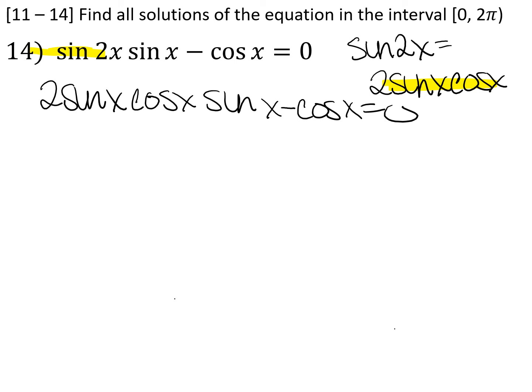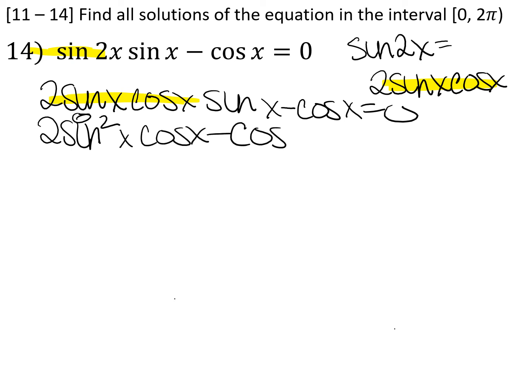Okay, so again, I just substituted not all of that. Hang on. I only substituted that part in there. I can clean that up a bit, and I'd have 2 sine squared x cosine x minus cosine x equals 0. Again, I think I have another typo. Darn it. Okay, I would factor out my cosine. And when I factor out the cosine x, I would have